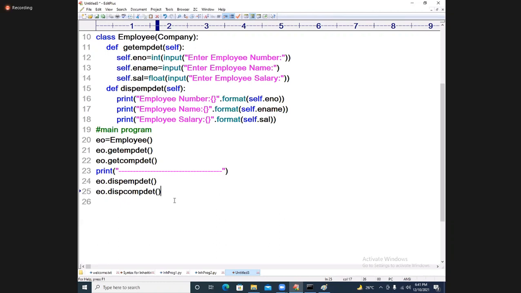This is the information that we got. Employee details, company details, I am displaying those details. So we are getting this type of information with a normal inheritance.